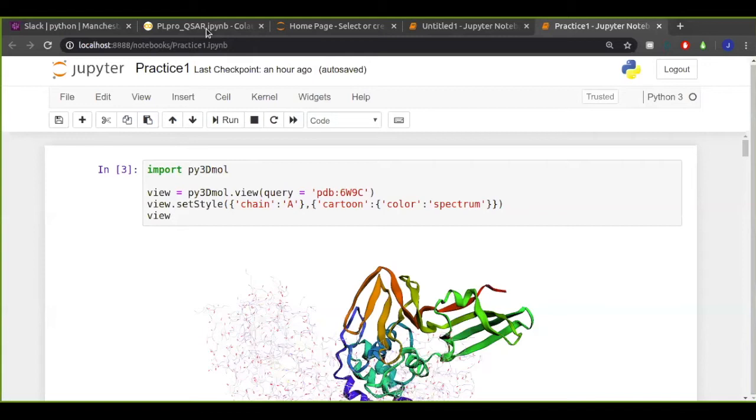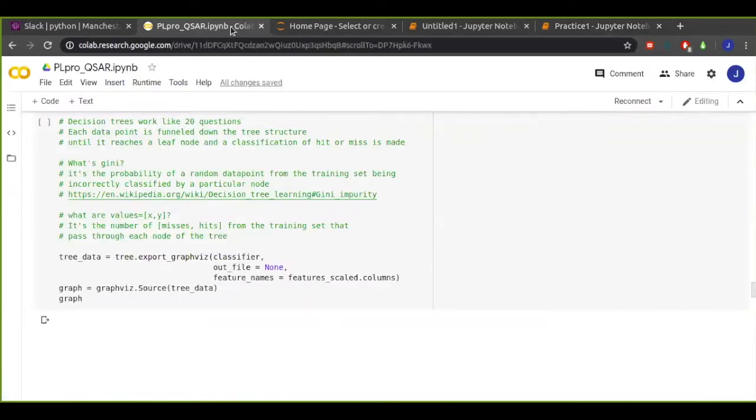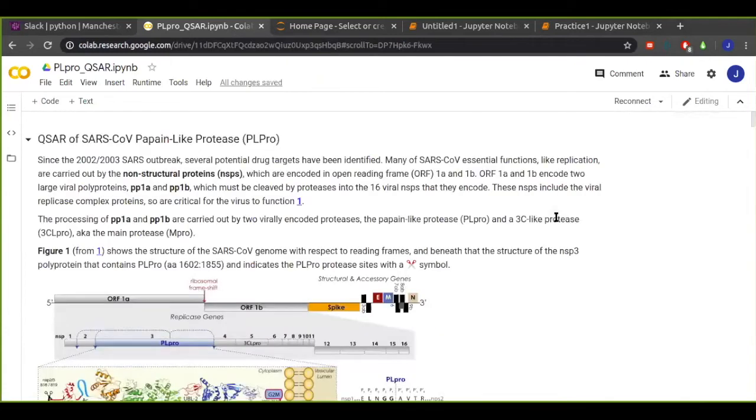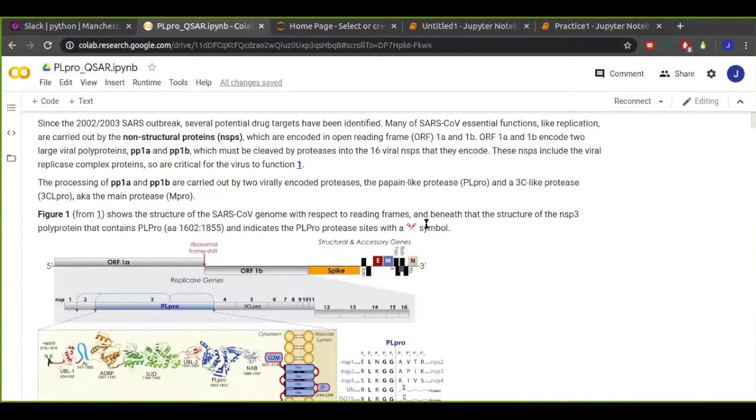Okay, so the notebook I shared is basically a cheap rip-off version of the work that Kevin Yang and his colleagues are doing. There's a link in the description to some of the work they're doing. It's a team of people, I think mostly at MIT. They're basically doing a bunch of QSARs on whatever SARS-CoV related data they can get their hands on, in the hopes of discovering a potential therapeutic treatment for SARS-CoV-2.